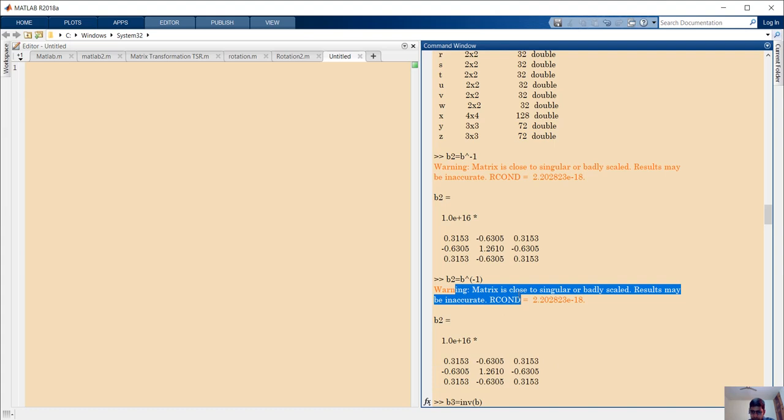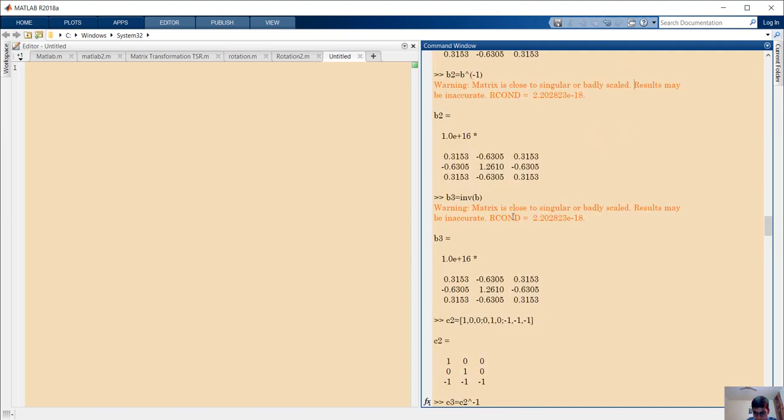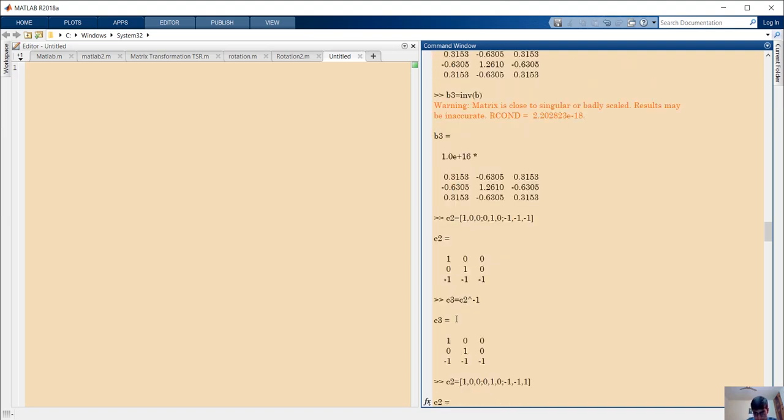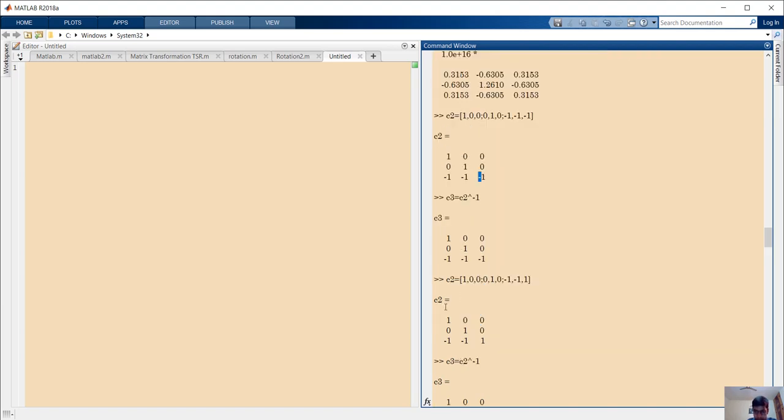And it is giving us a warning that the matrix is close to singular, or badly scaled, and results may be inaccurate. Okay, what that means is that this matrix is having an inaccurate result. But let's suppose we have a variable C2, not this. I have taken this value wrongly, so basically I have to do this again.